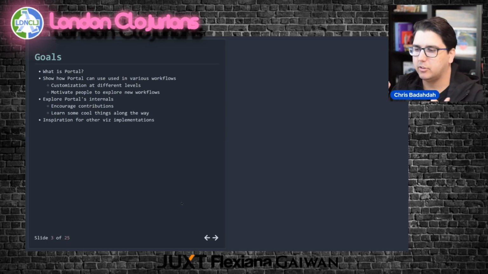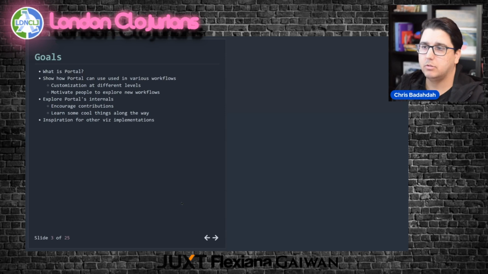I think there are many different ways we haven't even considered yet. But I also want to look at some of the internals, maybe to encourage some contributions, and hopefully we'll learn some cool things about how Portal is built that you'll be able to use for applications you work on or other visualizations that you might want to build.